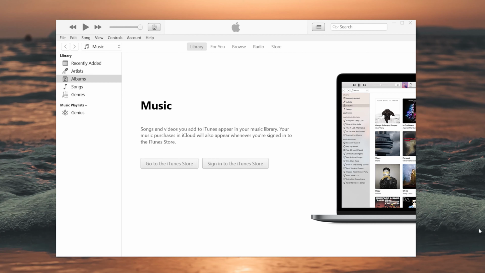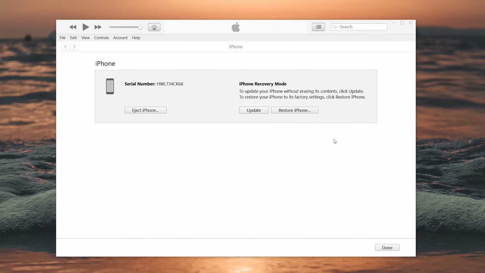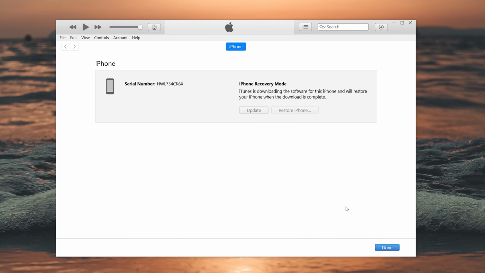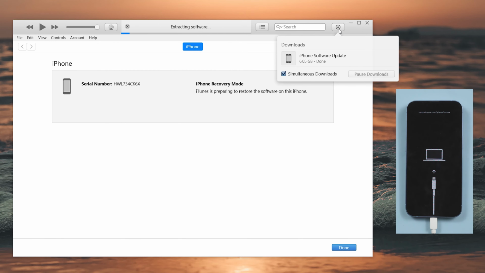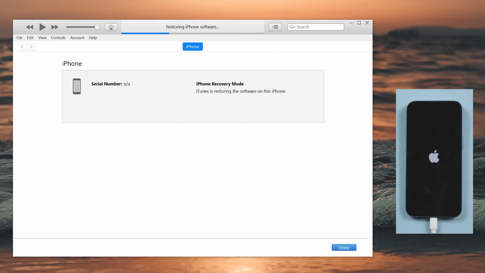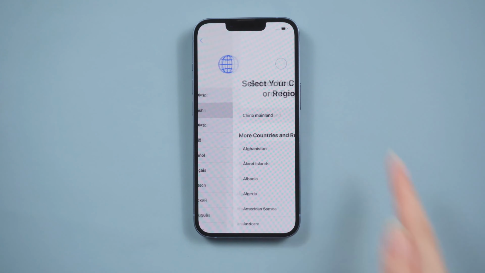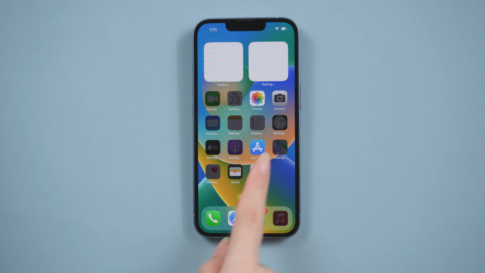Now, let's launch iTunes on your computer. Here is a pop-up of Restore Your iPhone. Here we click Restore. Normally, it can be completed after waiting for more than half an hour. Sometimes unexpected errors often occur, so if you want a safe and fast way, the following method is